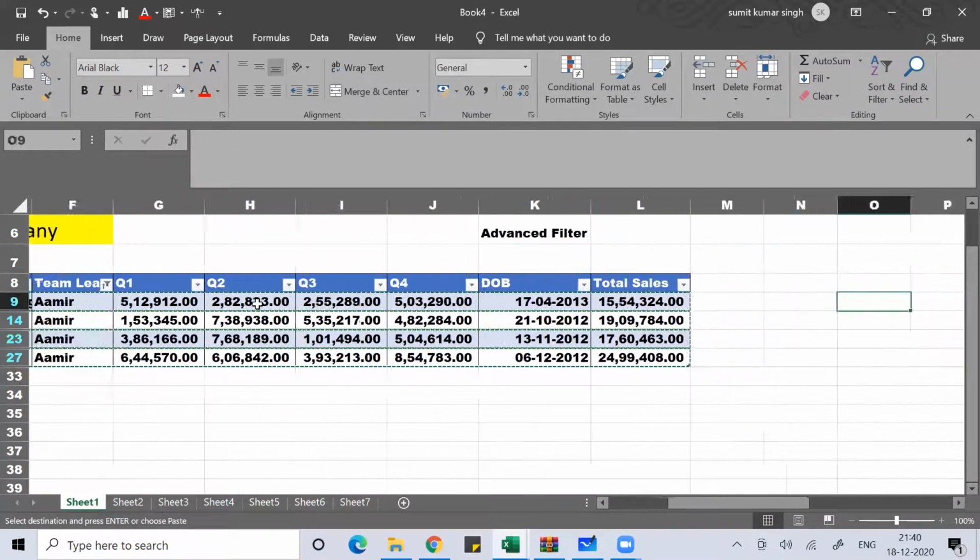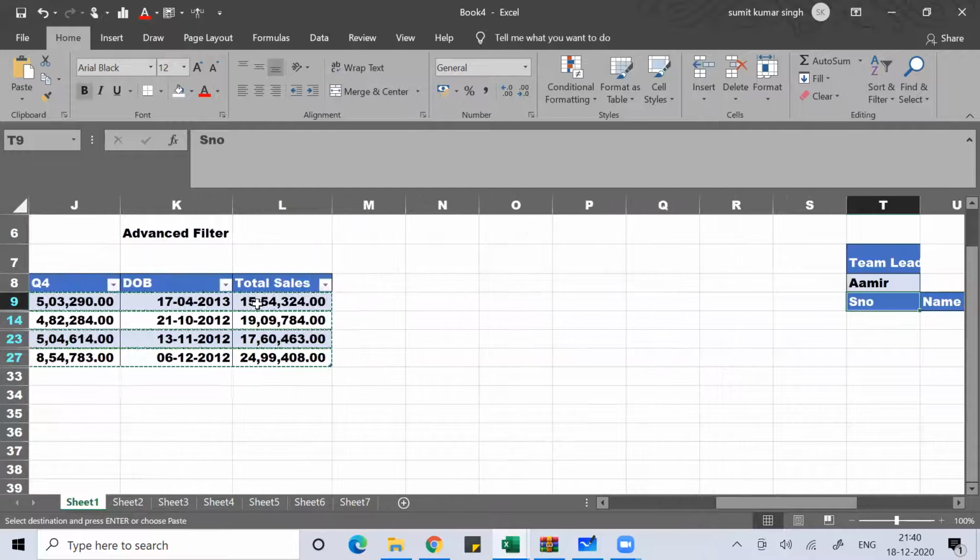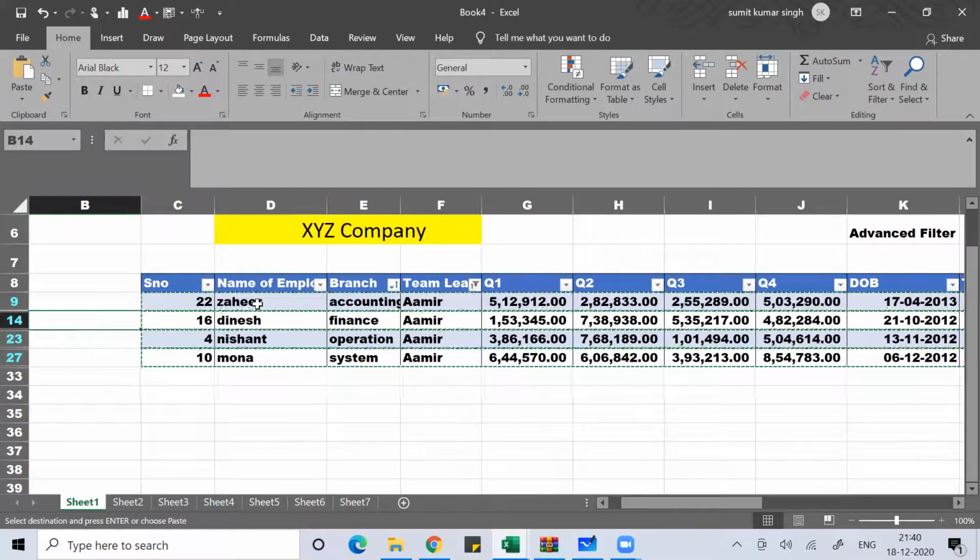Because this is a part of the table, individual copy is happening.